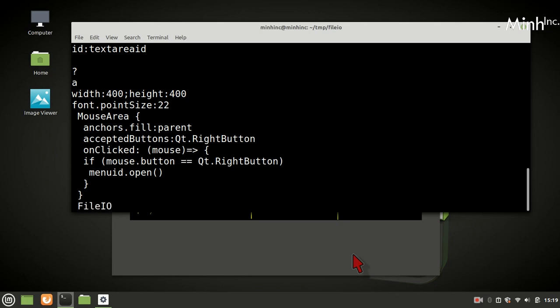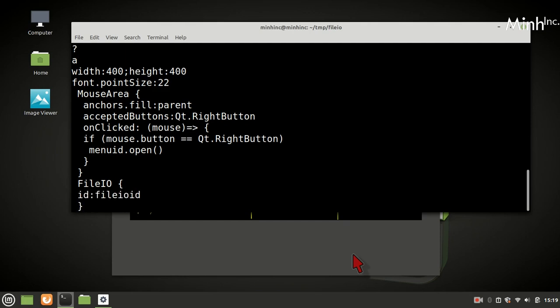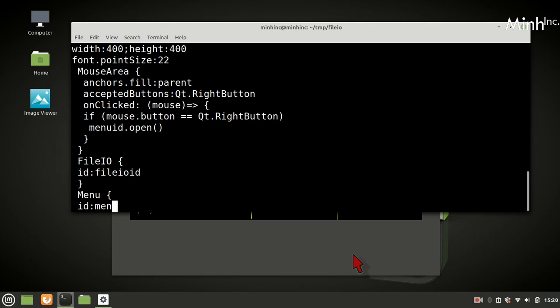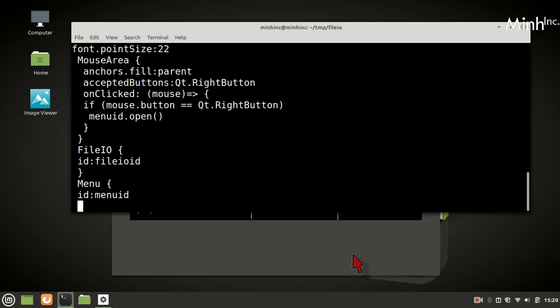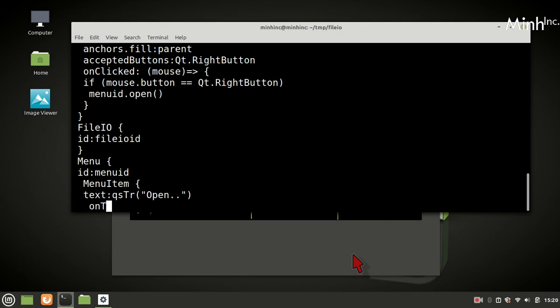On clicked, mouse area. We implemented the mouse area. Now we'll have file IO. Simply we can just say file IO ID. That's it. Menu, menu ID, menu item, okay, and menu item text would be open, so it would open the file. If it is triggered, on triggered,